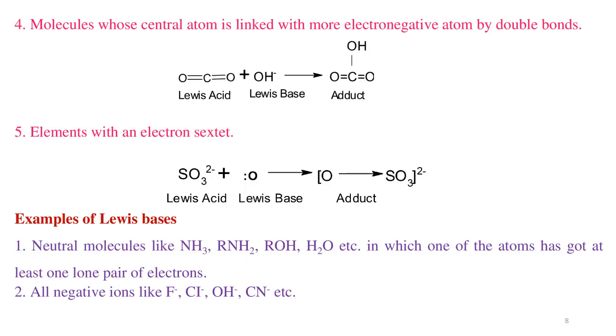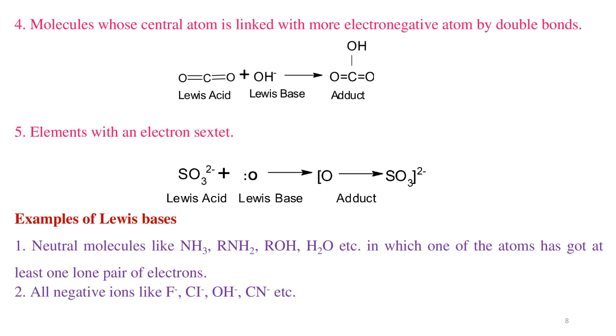Molecules whose central atom is linked with a more electronegative atom by double bonds: CO2 acts as a Lewis acid and OH- as the Lewis base, producing an adduct. Elements with an electron sextet: SO3 2-, which is a Lewis acid, reacts with O with a lone pair of electrons acting as a Lewis